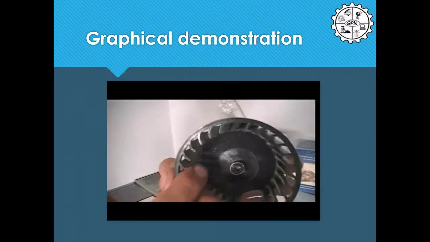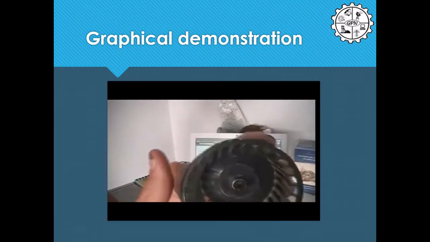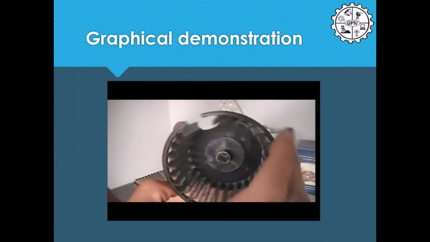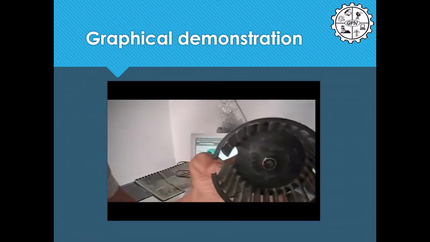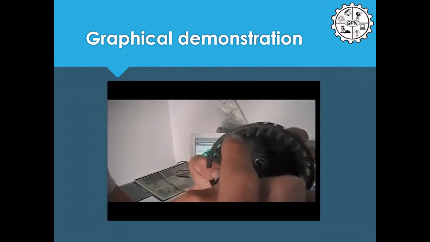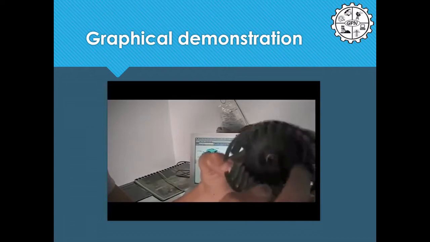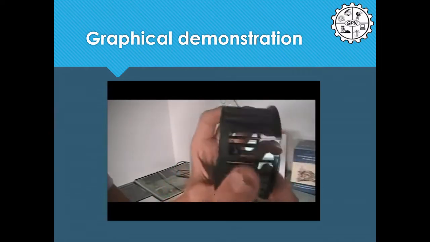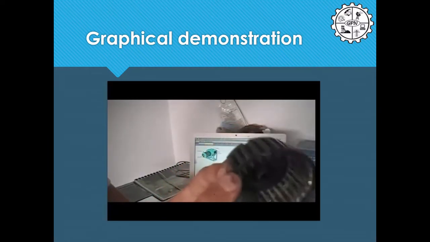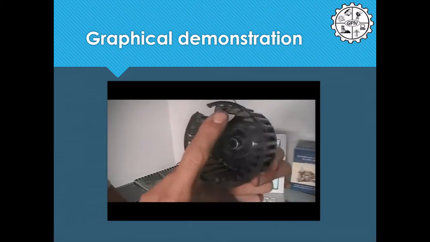Using this rotor, it's going to be spinning like this. Pardon me, this fan wheel. It's going to be spinning like this. The air is going to come in this way, get caught by these fan blades, each of these little tabs, and then thrown out due to centrifugal force and the angle of the fan blades.